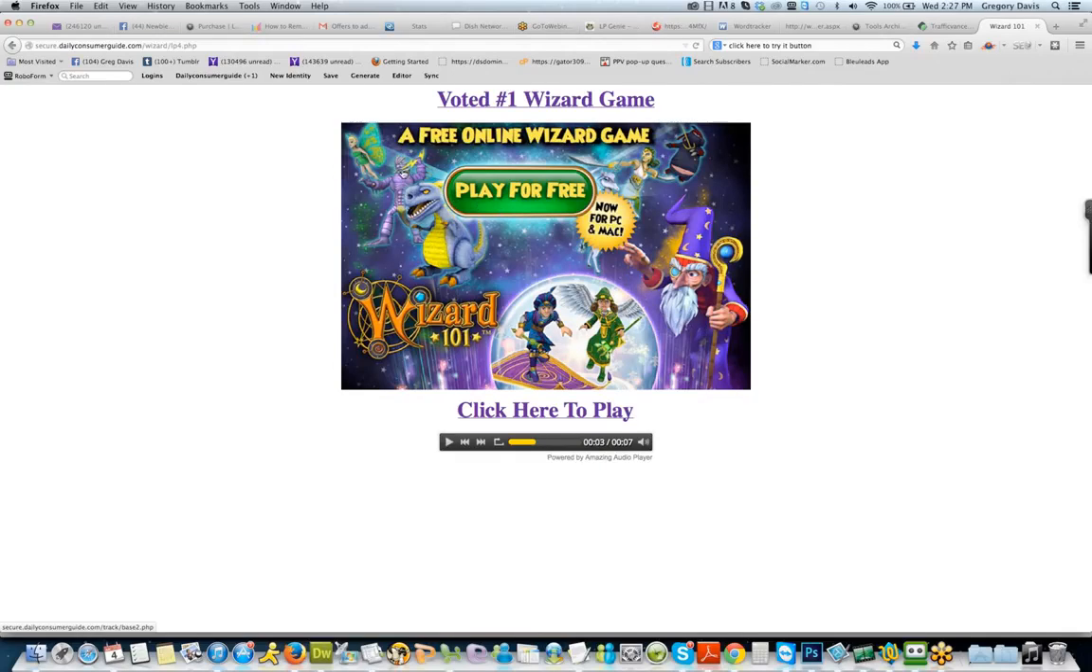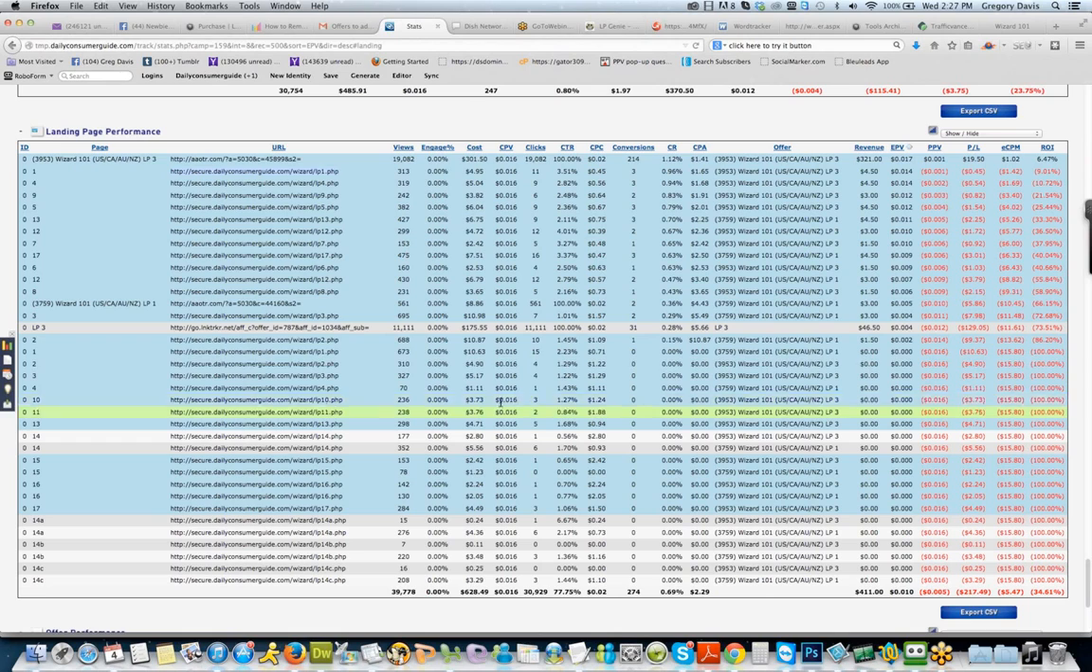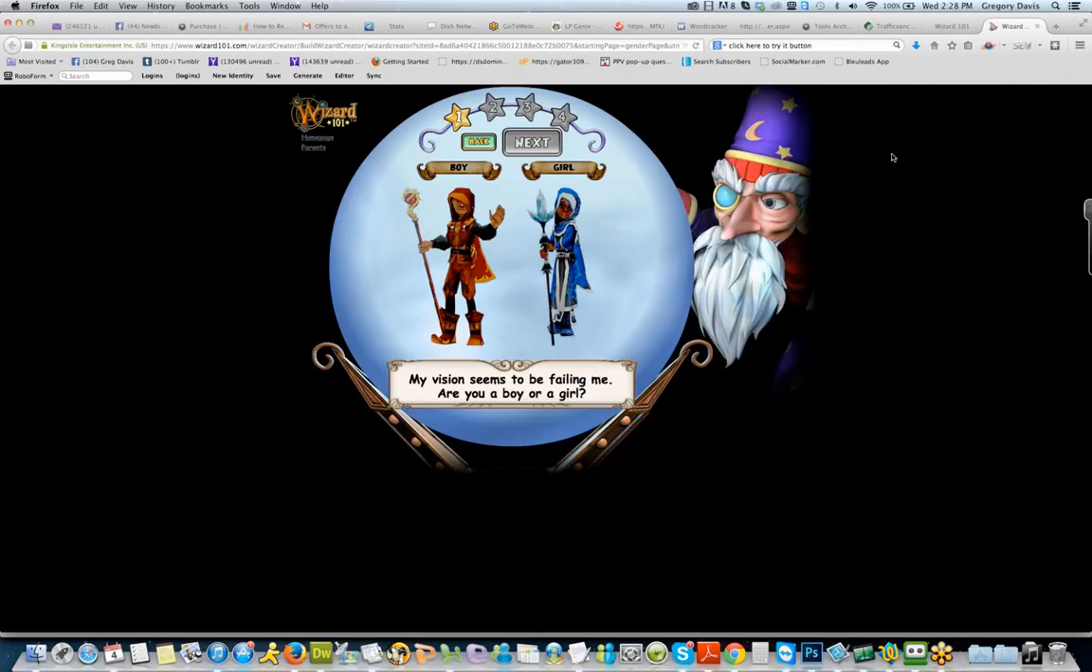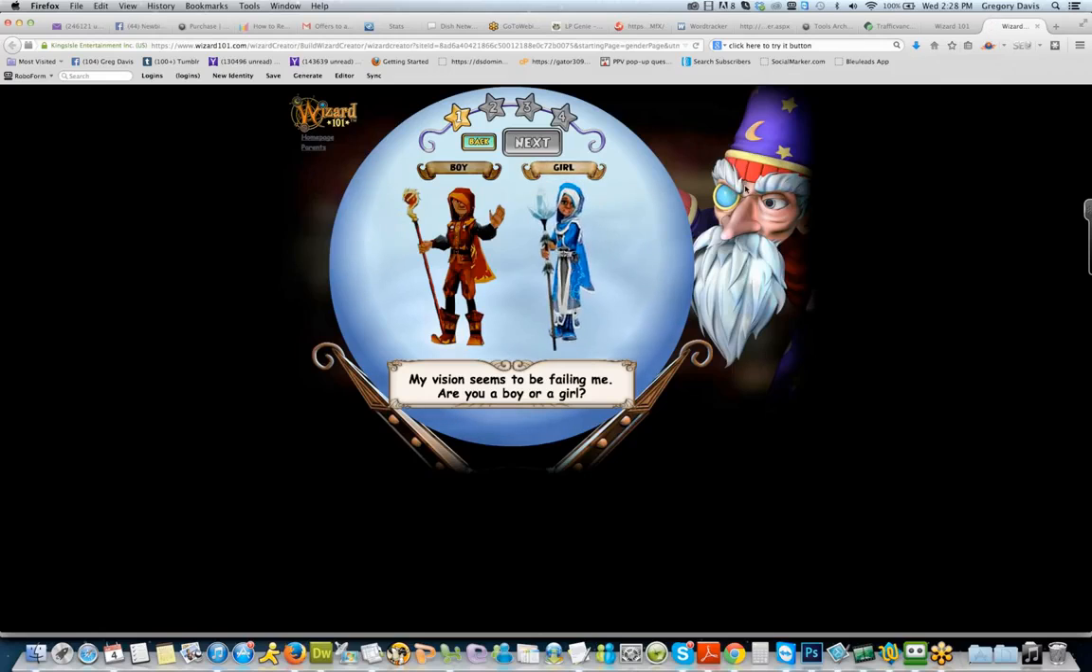Now, a lot of times, what I'll do is I'll just take a screenshot of the actual next page. So if you recall, all I did was just take the page here. I will find the page here. My vision seems to be failing me. All right, so basically, all I did was just took my Snagit